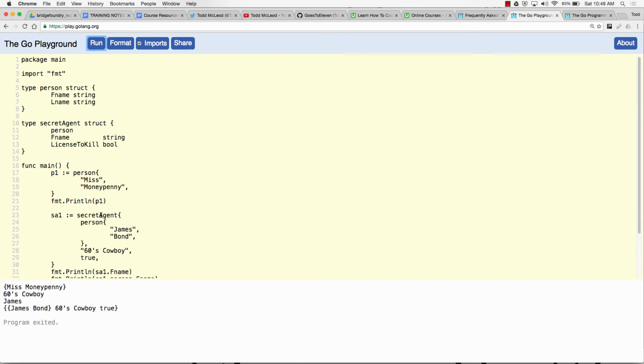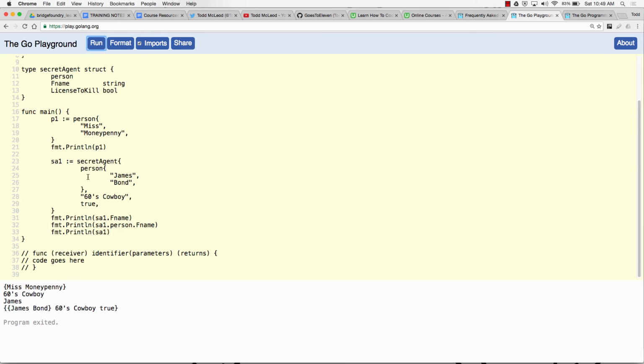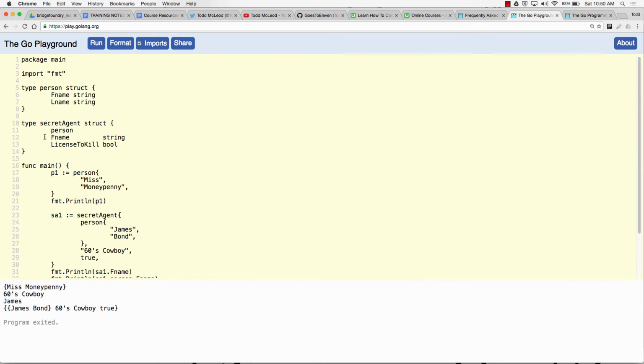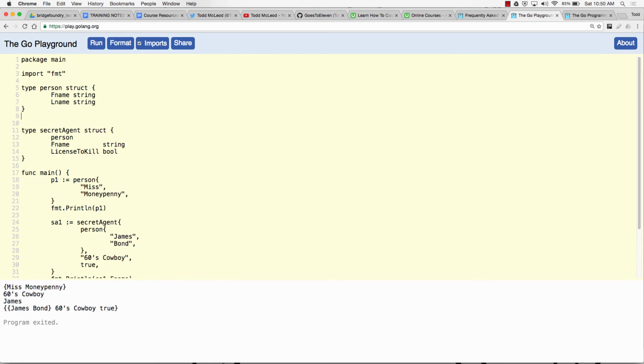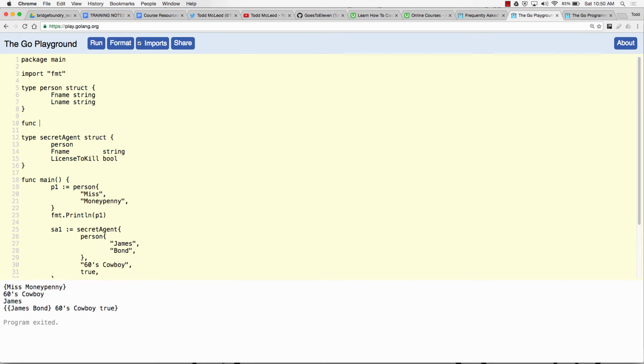So now we can start attaching methods. So here I said there's a receiver. A receiver is just like a parameter, but when you stick it there, it attaches a method to a type. So to person, I'm going to attach a method. Func p person, there's my thing, speak.